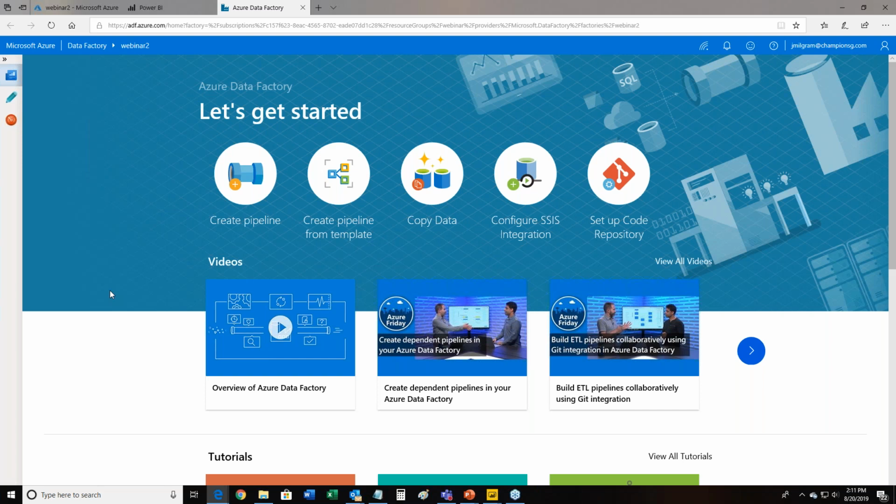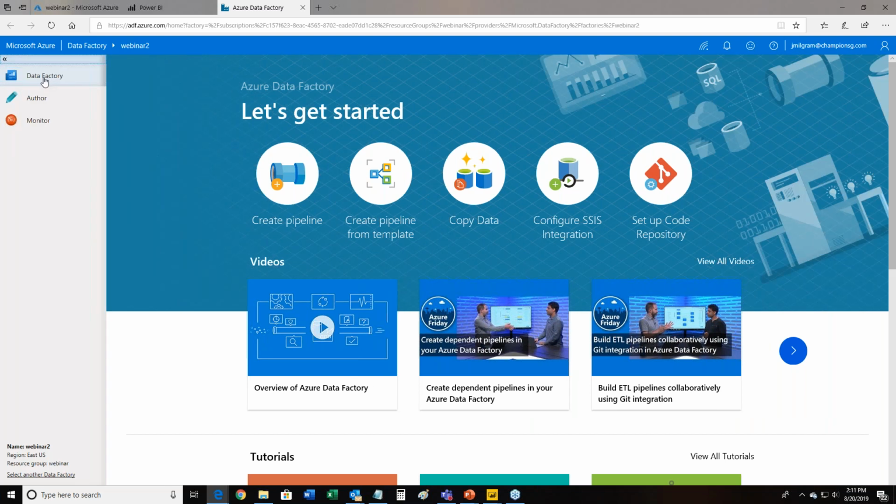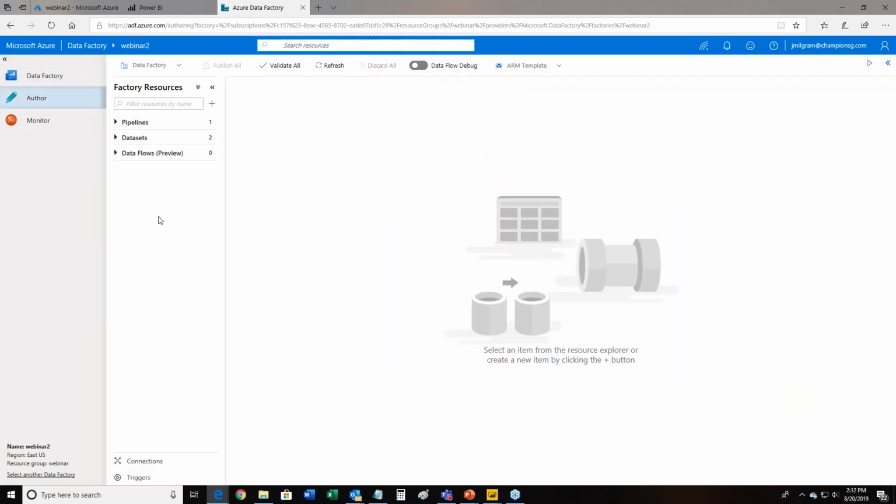Where things get complicated is when you have a lot of data, and complicated data, and you're trying to figure out and learn from that data. So in this left-hand vertical navigation, I'll go ahead and expand it so you can see the names. We have author and monitor. It's fairly straightforward. And I created a very, very simple demo because I thought that was best to start. I start with a connection down here.